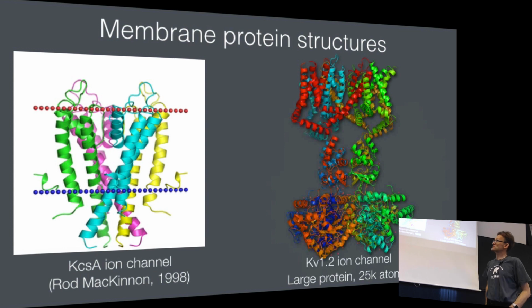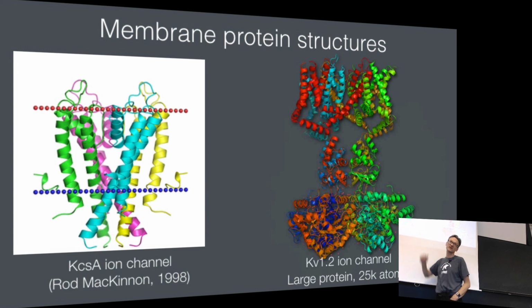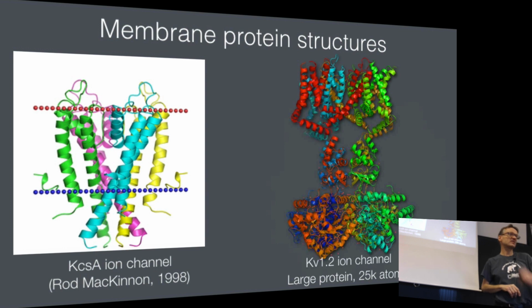Ion channels: when I was a PhD student, the first ion channel structure appeared, by Rod McKinnon. I remember there was a small talk out at Karolinska when the guy came over and presented his structure, and people weren't really interested. I and some other people went because I was a bit interested in membrane proteins, and it was so embarrassing because nobody wanted to go out and have dinner with the guy, so the host convinced me and another colleague to join them at the pizzeria. It's a bit embarrassing otherwise. So we were 4 people sitting around the table. 3 years later, of course, he got the Nobel Prize, and now there tend to be slightly more people who want to meet him when he's in Stockholm.